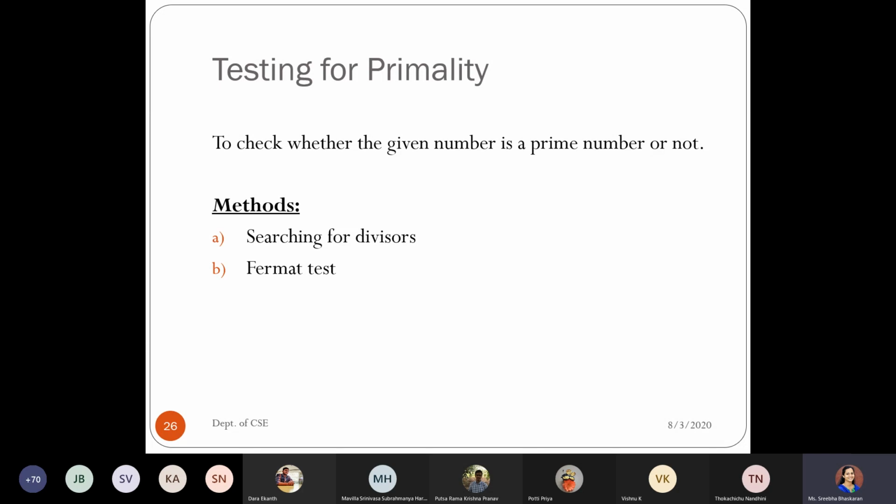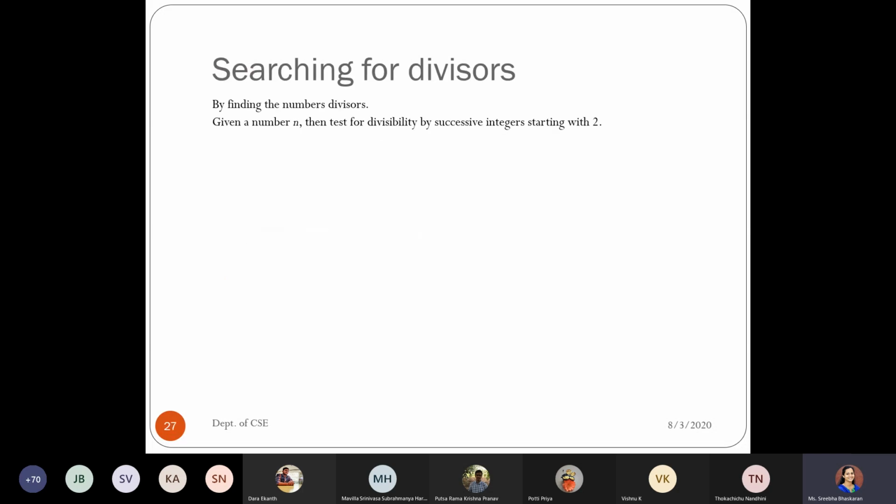First let us see how we do the searching for divisor. This method all of you know. Your input will be the number given, and you start checking whether your number is divisible starting from 2, or the opposite: you start with n minus 1 and reach till 2. Either way you can do it. Here I'm starting with 2. I'm initializing another variable starting with 2, and I'll go on till the n value. So I'm just writing the steps.